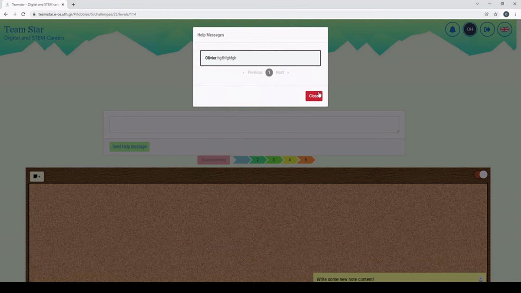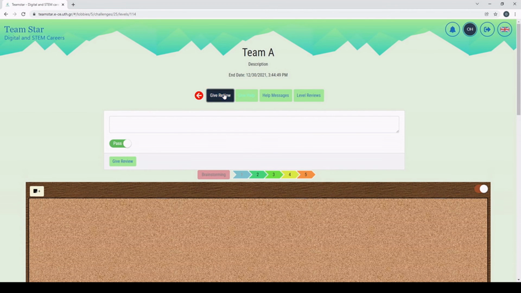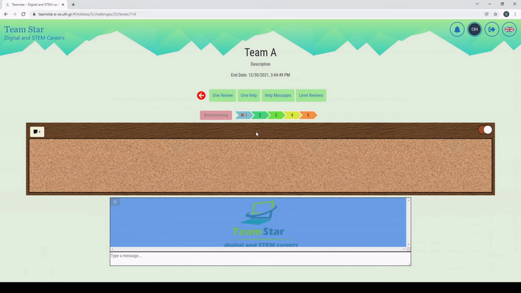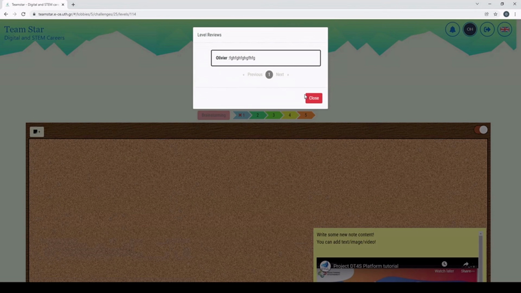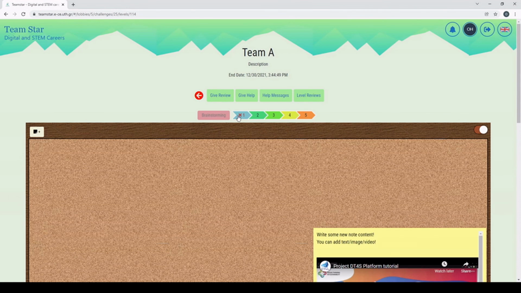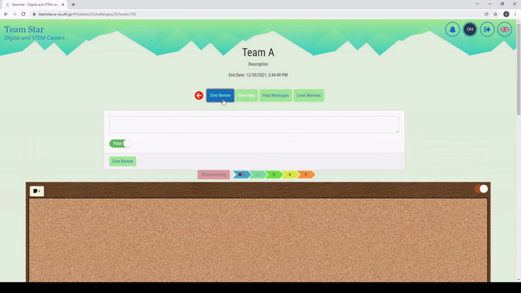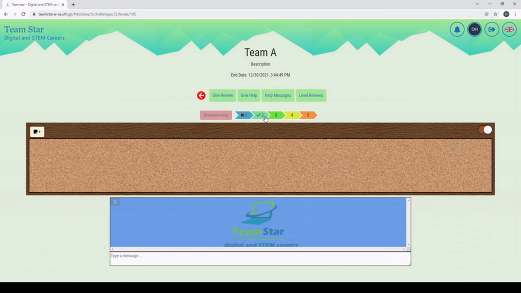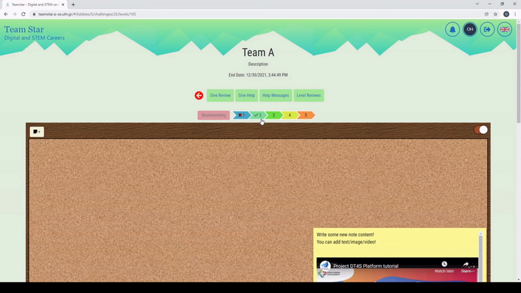I can see here all the help messages I've entered, and I can give reviews, which basically consist of some text and a pass or fail grade. And I can see my reviews here. If I fail a level, you can see that it's now displayed in red. And if I pass one, it's going to be displayed in green with a tick nearby.